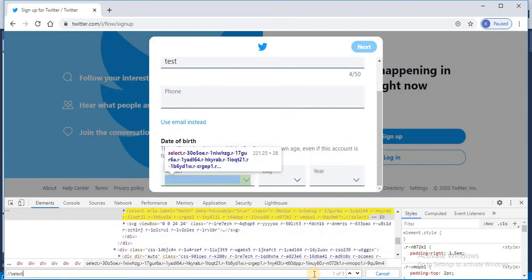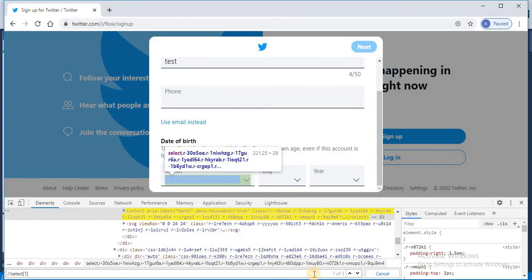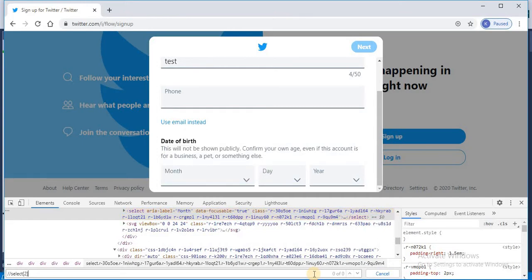From the three tags, you can give one index position, that I want the first, then I want the second. But in case the user changes the UI, keeps the day first and then moves the month to the second, then your logic will not run.